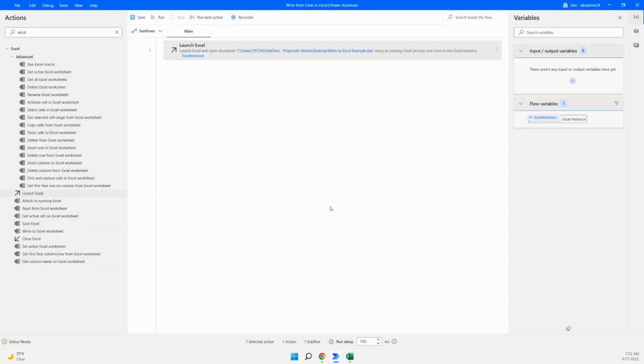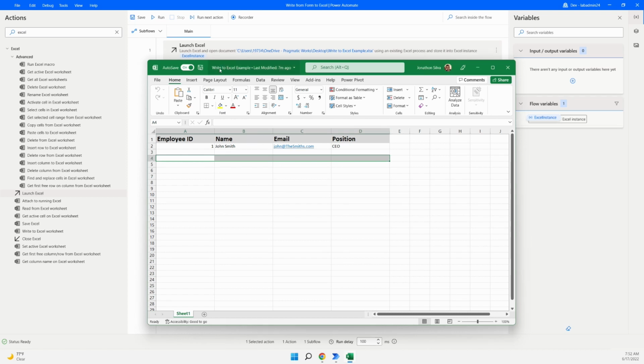So I have that first step. When I run this flow, it opens up my file. It goes down the path and it'll open up my file. Now what I want is to be able to write into each of these columns that I have for my